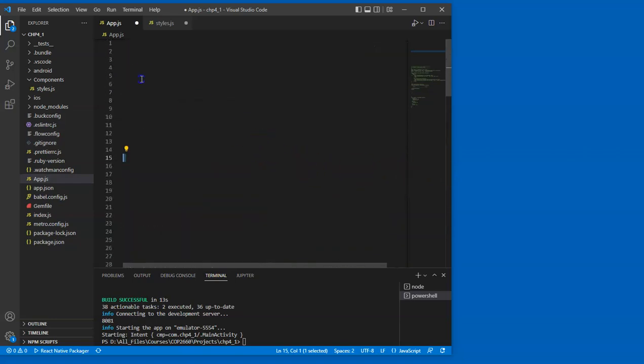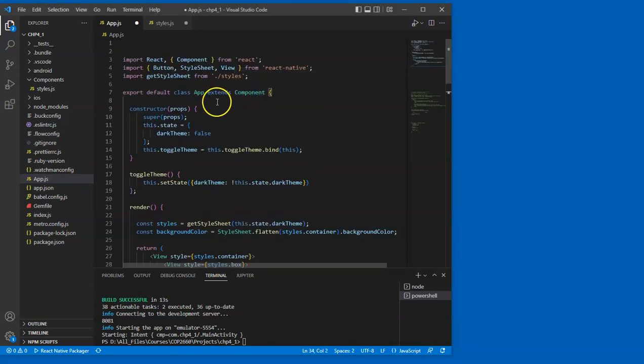So right here, first of all, we want to create a style. So here's the style that we want to create. It's like this. Right here, we import React from component. So in app.js here, import React component, button, style sheet, view from React Native, and import a get style sheet from